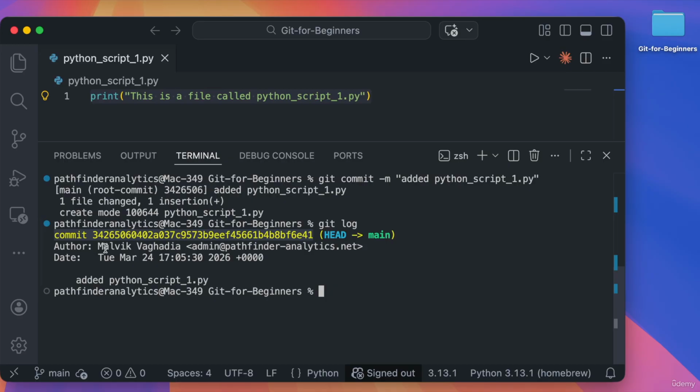We then have the name of the author who made the commit. This is the name and the email that we configured earlier in the Git config. Then we have the date and the time. And finally, we have the commit message. This is why good commit messages matter. When you come back to this log weeks or months later, these messages are how you'll understand what each change